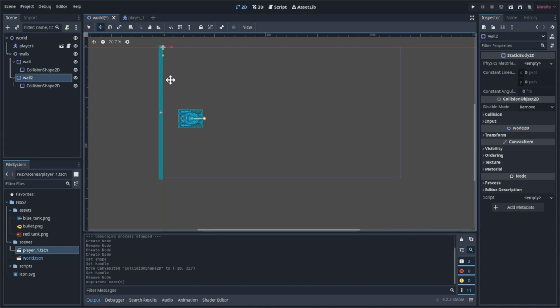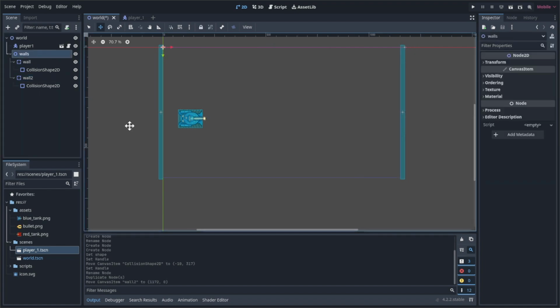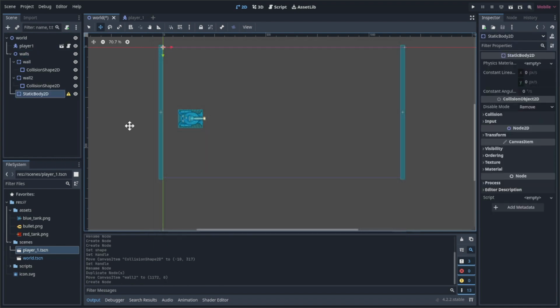And I'm going to press W to go into move mode, and while holding Shift I'm going to move it to the other side of the game, roughly around here. Okay, so on walls again I'm going to do the same thing. I'm going to hit Control A, add a static body, rename it to wall,